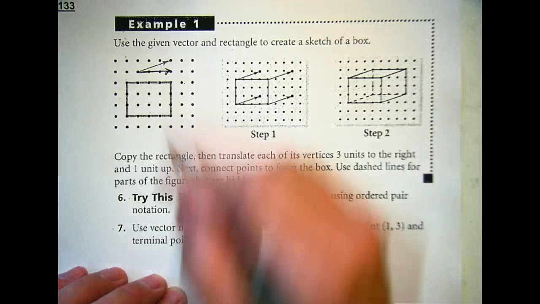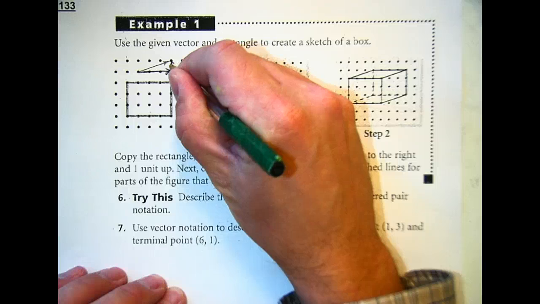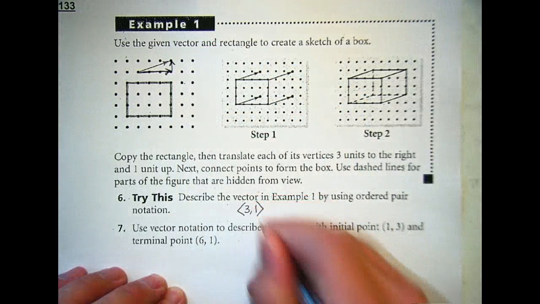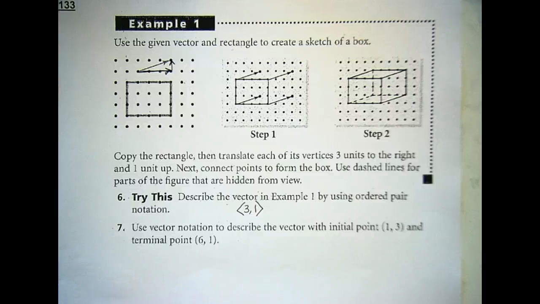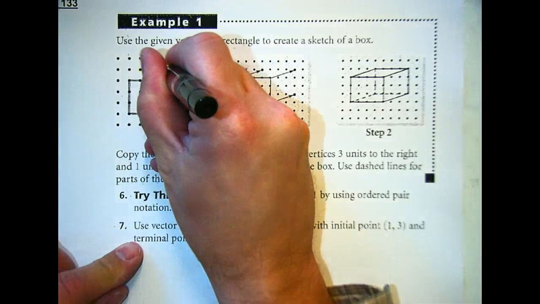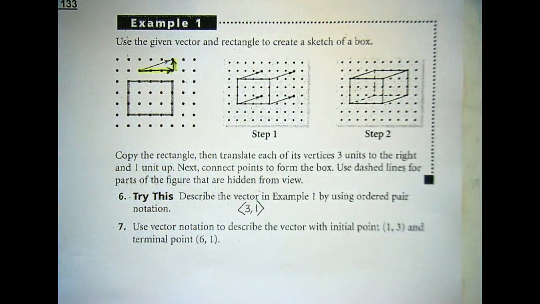And then did I move up or down? Up. So on the y-axis, is that positive or negative? Positive. So that's your vector. Okay? So just out of curiosity, how many were confused on it? Like I didn't really know what to do. Okay? How many of you kind of guessed and you guessed right? Okay? How many know what to do now? Okay? Well, let's try number 7.